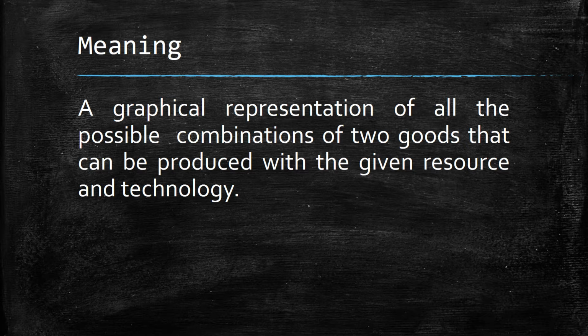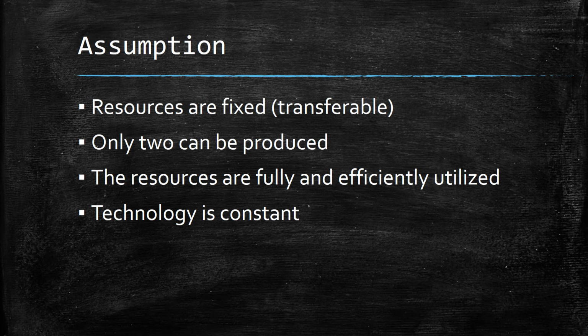Before going to that, we should understand the assumptions on which the production possibility curve depends. The first assumption is that resources are fixed, which means resources are constant. They won't change. Resources can't increase, and they can't reduce. They are already fixed or given in the country. We can't increase or decrease them, but they can be transferable. For example, the same resources can be used to produce one good or the other good. We can produce corn or cotton. So the resources can be transferable. We can use the same resources in order to produce two goods. That is the first assumption, that resources are given.